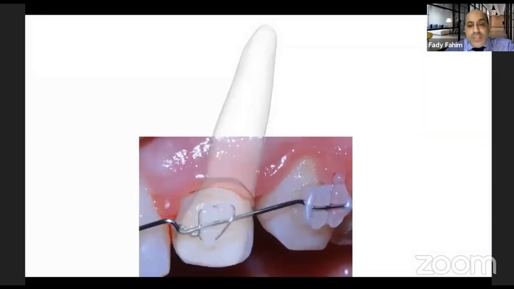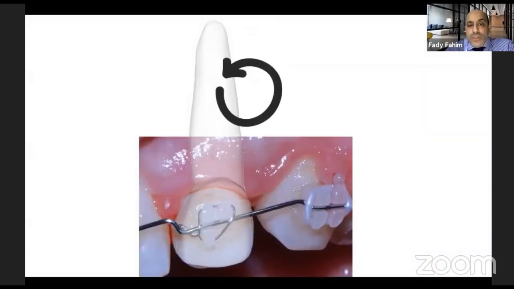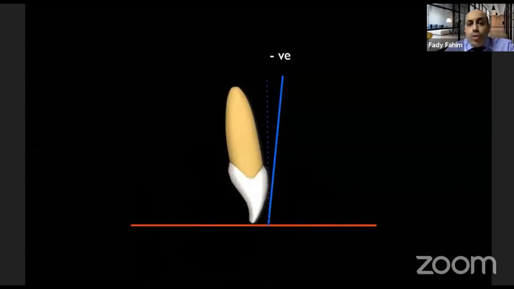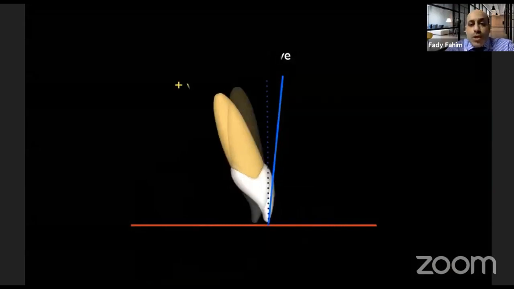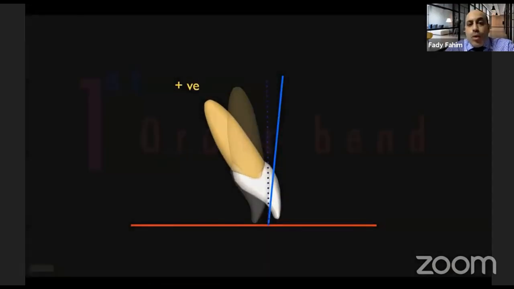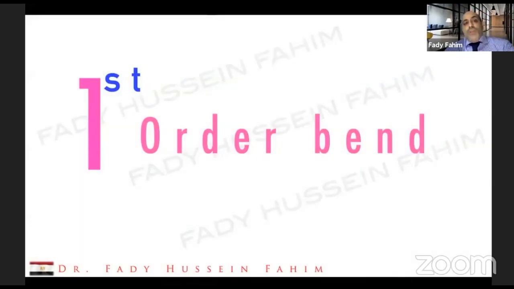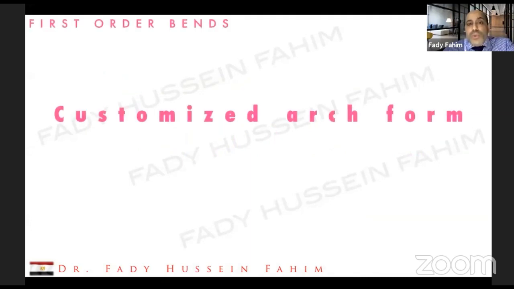And this is the second order bend to upright the roots, so that's why we call them second order bends to solve second order problems. And the third order problem, which is the torque, either labial or palatal root torque. So let's start. For the first order bend, the most important item to take care about,